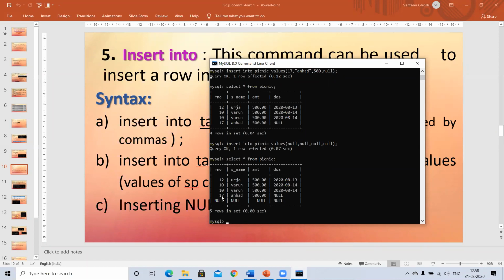But suppose there are 15 columns and you just have information for 3 columns and the rest are all null as of now. Like for the employee table, you just know the employee code of the person, the name of the person and maybe his address. Rest, his department, his designation, his salary, his PF details, his Aadhaar number, nothing you have. So everything is null for me, right?